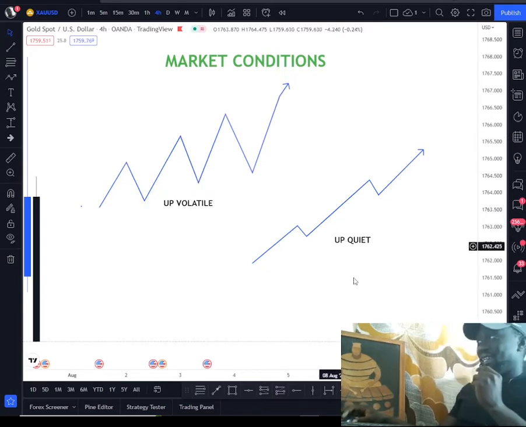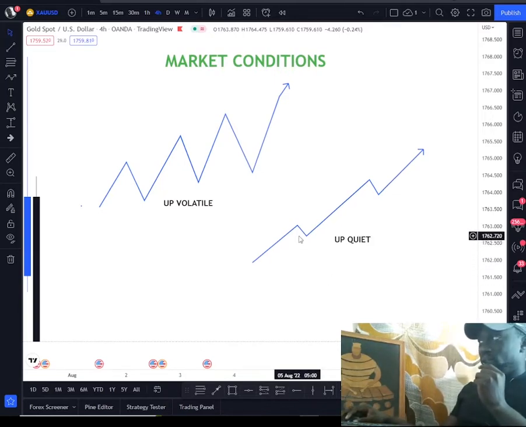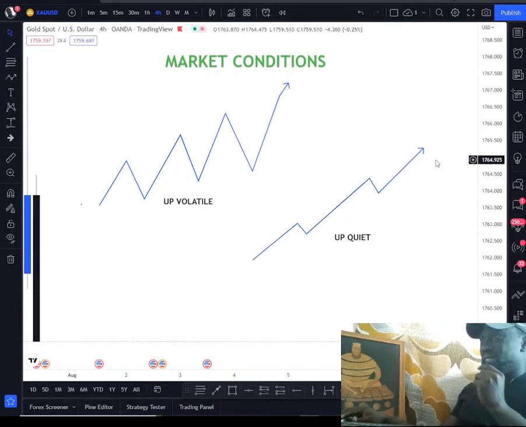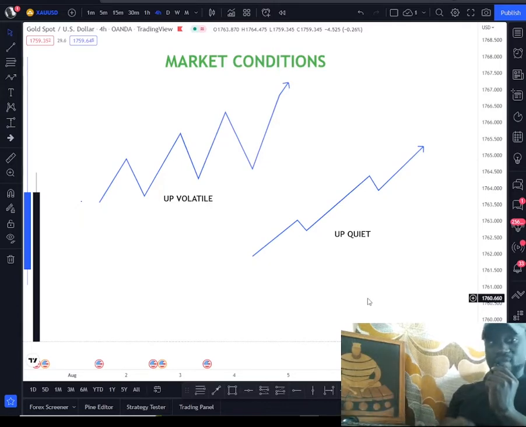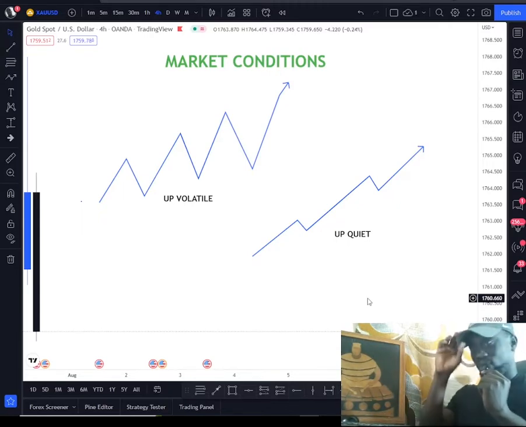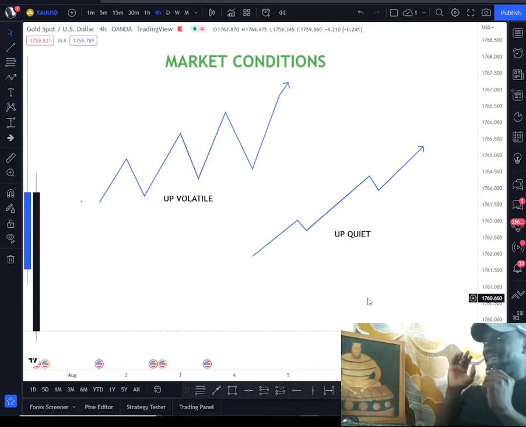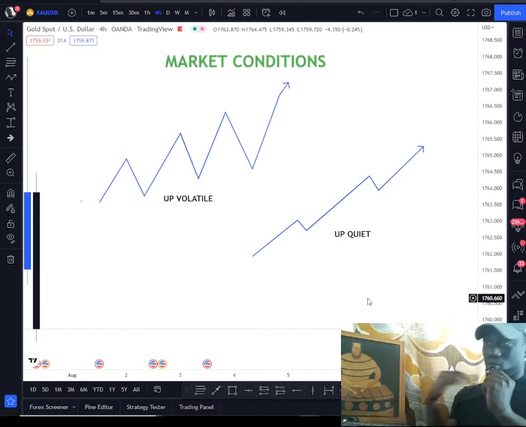The second type, which is the up quiet movement. Now the market moves up, doesn't do much of a retracement. You understand? It doesn't do much of a retracement and just continues to go up. Sometimes it doesn't even have any retracement. It just continues to go up. That is the up quiet movement. Now this, if you're a trend trader, if you're somebody who trades with a trend or swinging, the up quiet market is a very good market for you. Why? Because there are no sharp retracements and you can enjoy holding the trades for a very long time.